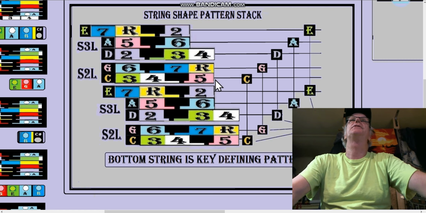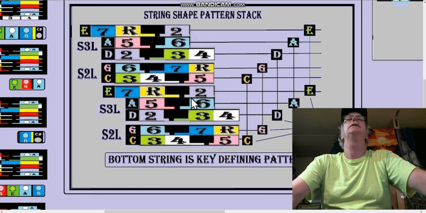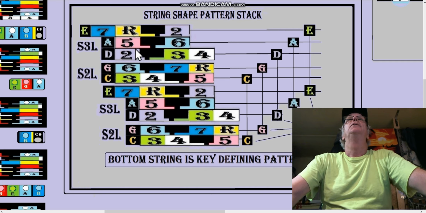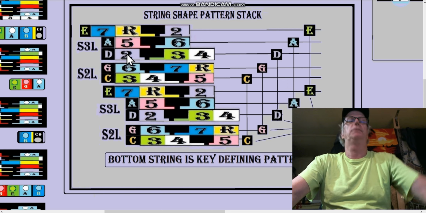So here's a pattern stack. Don't worry about it. It's in the key of C. And from the D shape, we go 4, 3, 2. So above that would be 6, 5, 4, 3, 2. So above this D shape, okay, we have a 6, 5. Should be right here. 6 is C sharp. 5 is B. I had a little trouble with that for a second, because remember, when we have